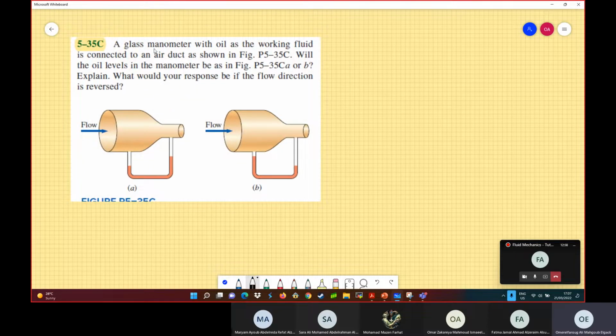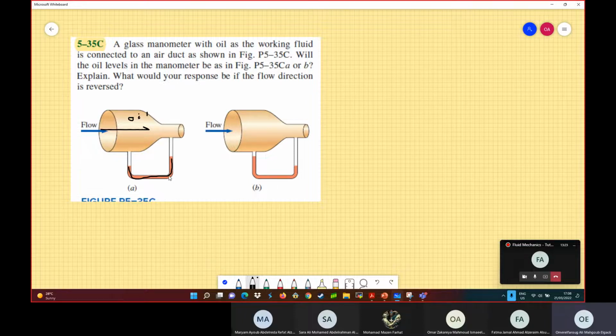So a glass manometer with oil as the working fluid is connected to an air duct as shown in the figure. Will the oil levels in the manometer be as in figure A or B? What would your response be if the flow direction is reversed? So we have an oil flow here, and there is a fluid here to measure the pressure difference or